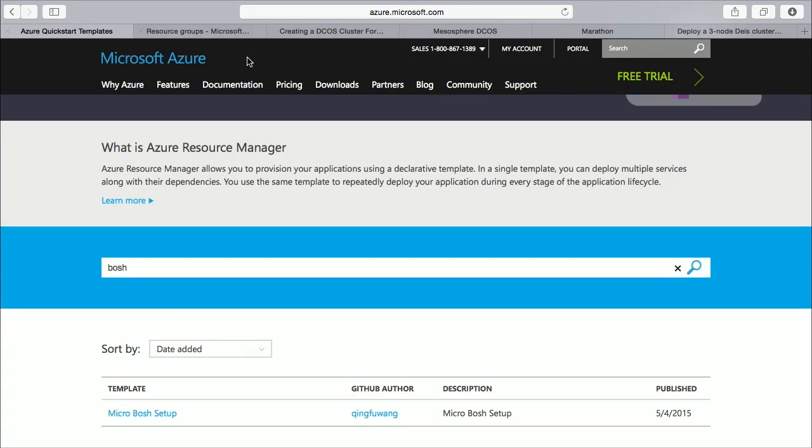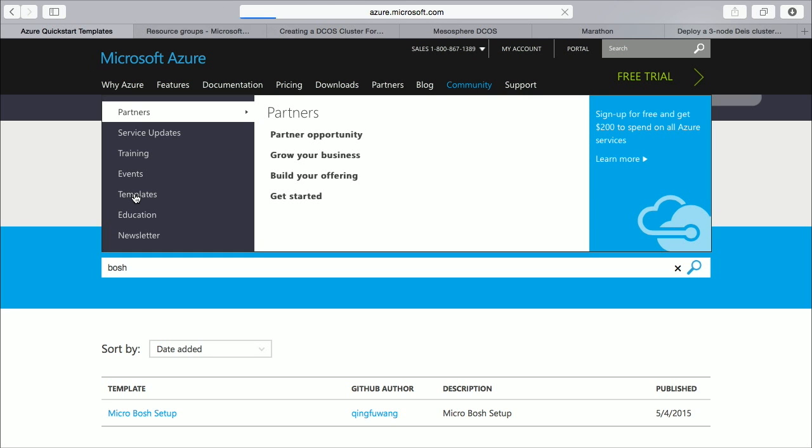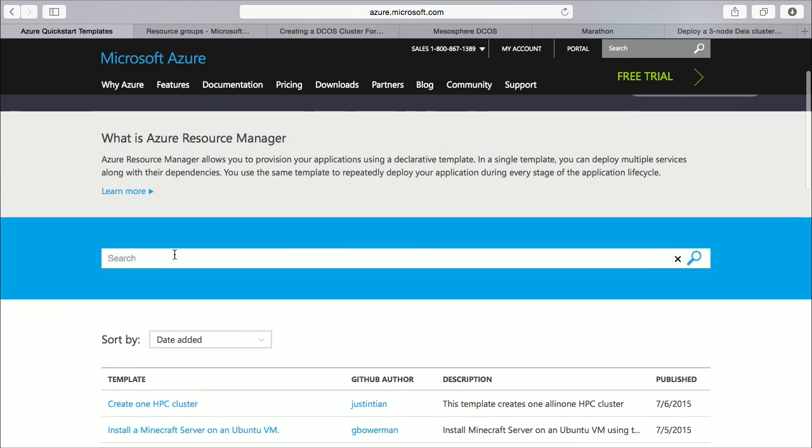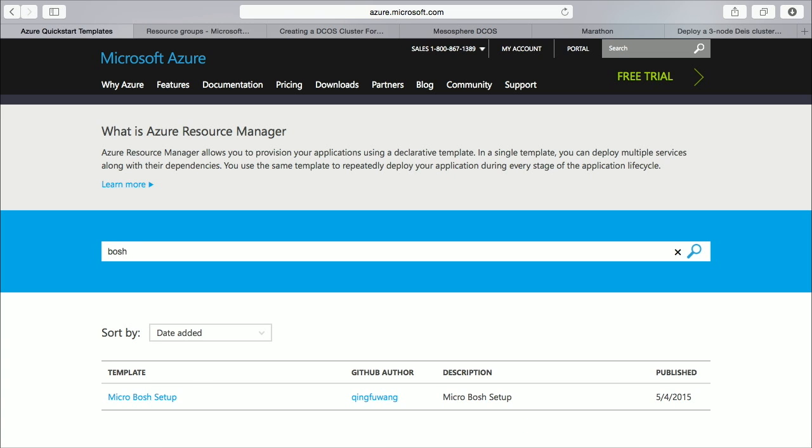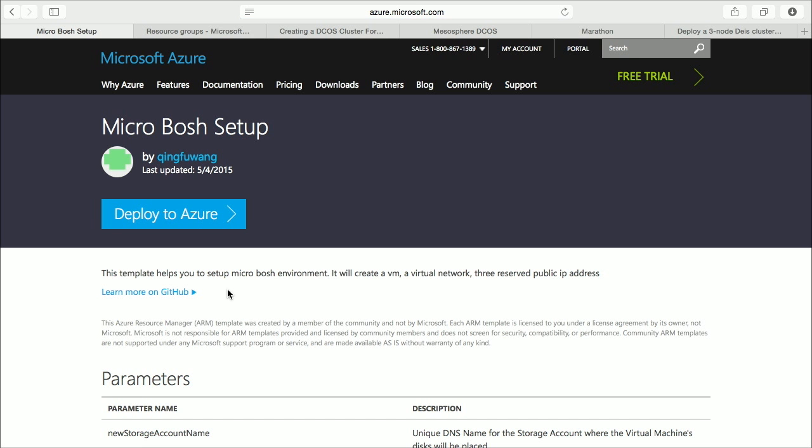So I went to azure.com, I clicked on community, and I went to templates, and then it's loading now. We have hundreds of templates here for folks to get started. Both Kundana and Ross talked about templates, so I won't spend a whole lot of time. What I'm going to focus on is how to bootstrap for using Cloud Foundry and Azure. So I'm going to search for BOSH. BOSH is the command line interface, or the framework, for creating Cloud Foundry compatible interfaces, and we have created one for Azure. As you can imagine, this is basically a template in itself. It's in GitHub. Anybody can go take a look at it if you want.